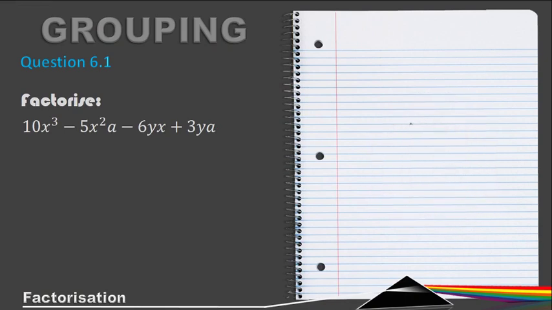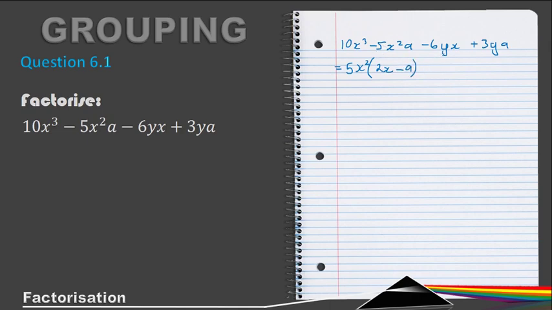So question 6.1. Here we have 10, so let's just copy it over here. 3 minus 5x squared a minus 6yx plus 3ay. Alright, now let's start with the first 2 terms. I can take out 5, I can take out x squared from both of those. Open my brackets, I'm left with 2x, and then minus the 5 is gone, the x squared is gone, minus